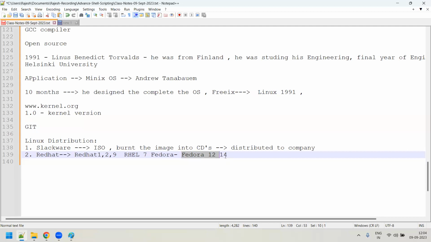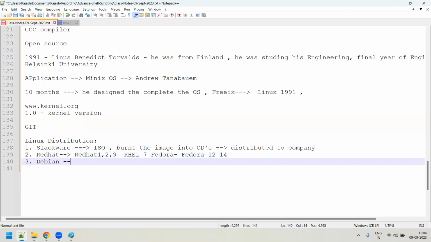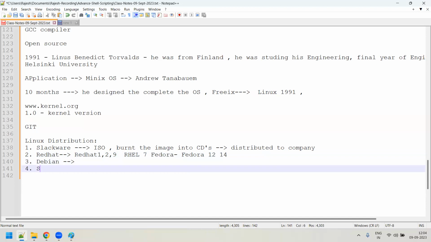After this, guys, many others came. One more distribution by the name Debian came into existence. So Debian is also a very good distribution. And then one more distribution by the name SUSE came into the picture. SUSE was acquired by Novell, and again I heard Novell was acquired by some other company. I don't know. SUSE is also one of the distributions which is popular in Europe actually. Countries like France, Germany, many other European countries use the SUSE Linux distribution very much, right?